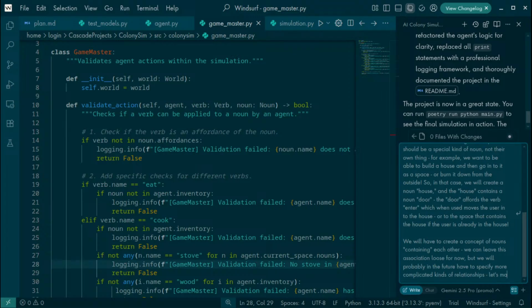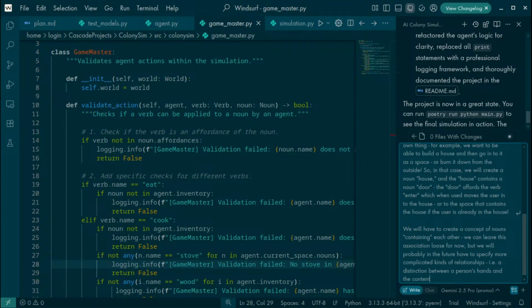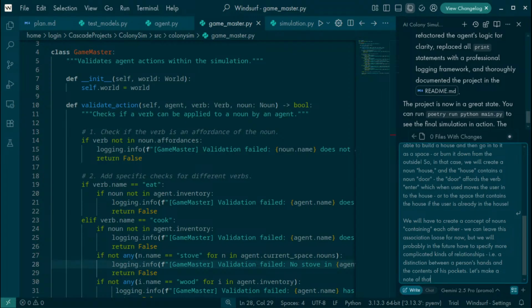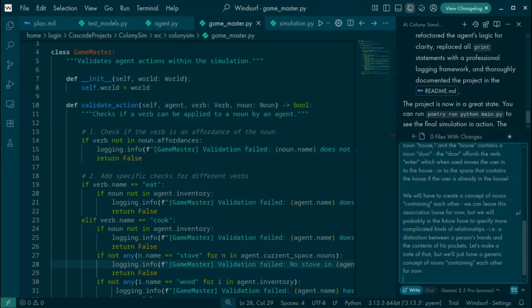Let's make a distinction between something that is between a person's hands and the contents of his pockets. Let's make a note of that, but we will just have a generic concept of nouns containing each other for now.